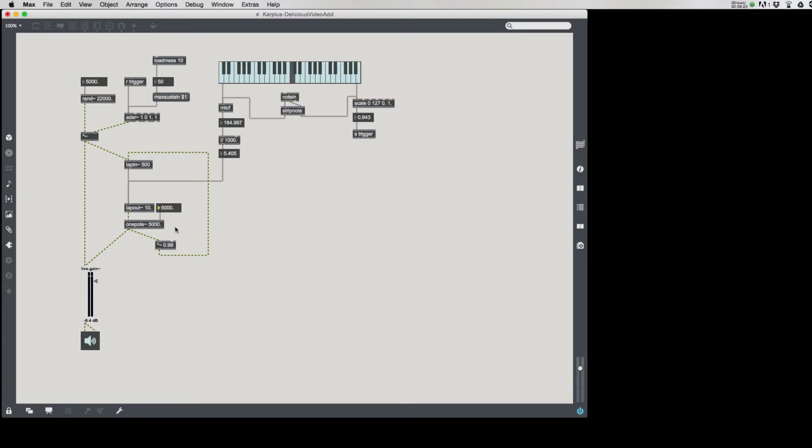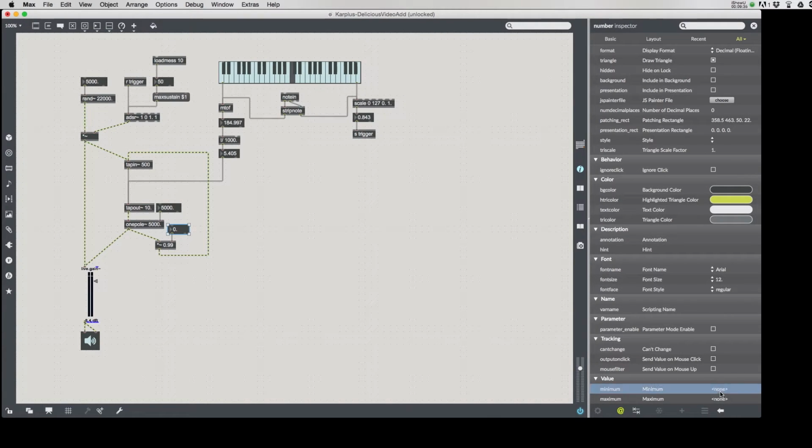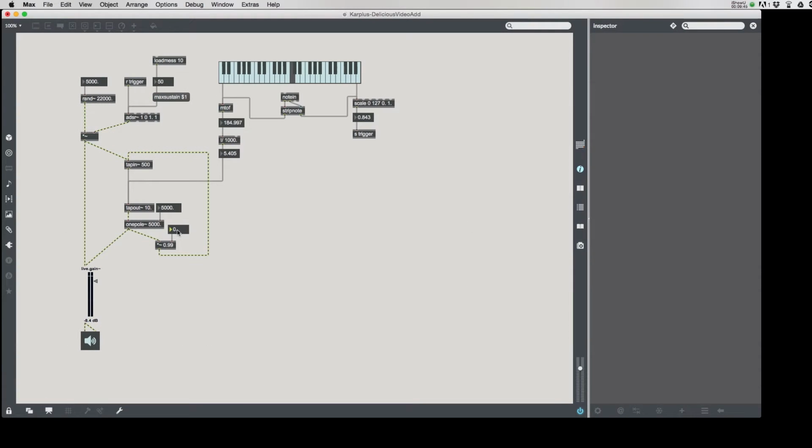I guess the last thing I'm going to do is change the feedback amplitude. This one I need to be careful. So I'm going to go look at my inspector and put in a minimum value of 0 and a maximum value of 0.999. Although I played around with this in class, really 0.999